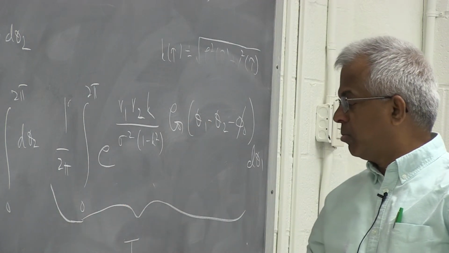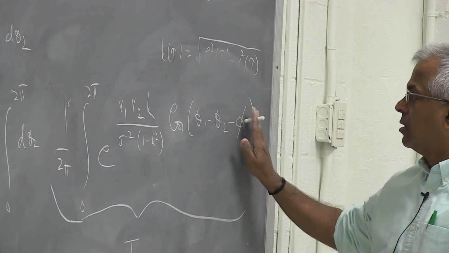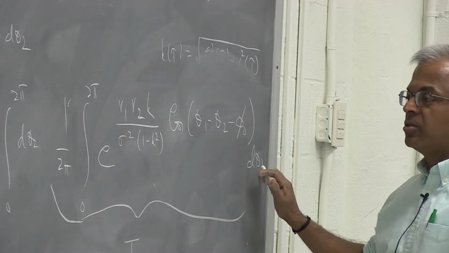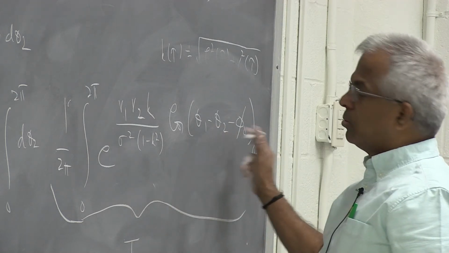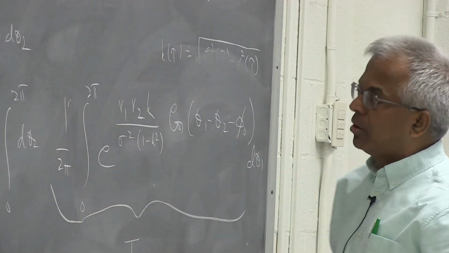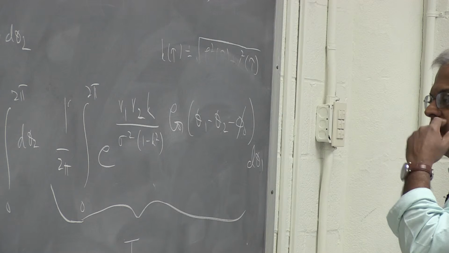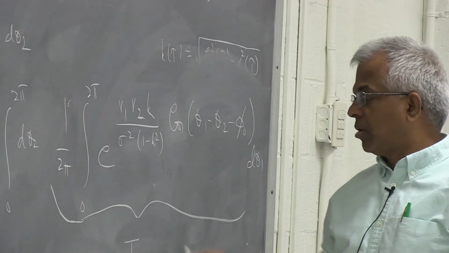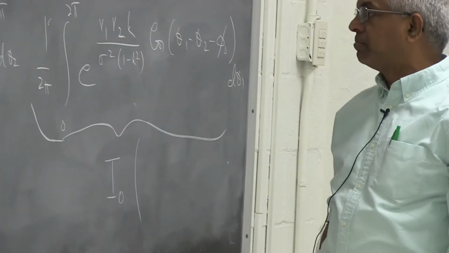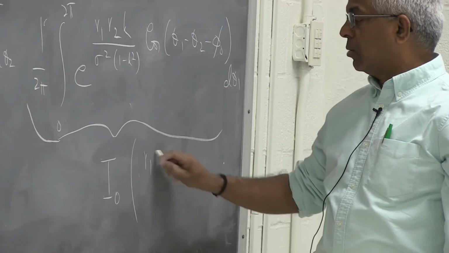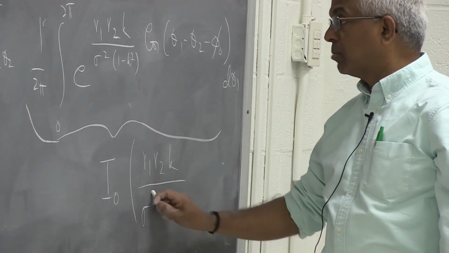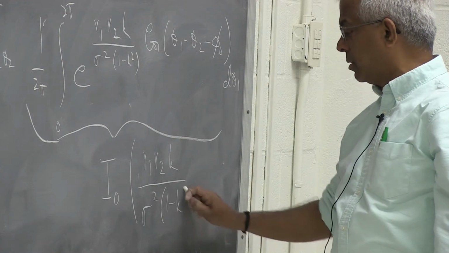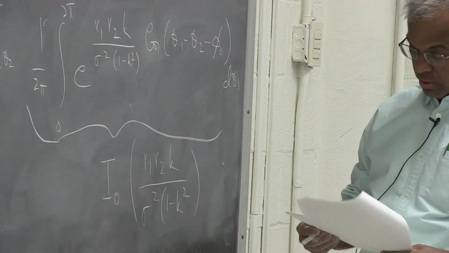Because theta 1 is the variable, and theta 2 and phi naught are constant, we can simply redo this by changing this variable, still over one complete cycle. So this will be I naught of